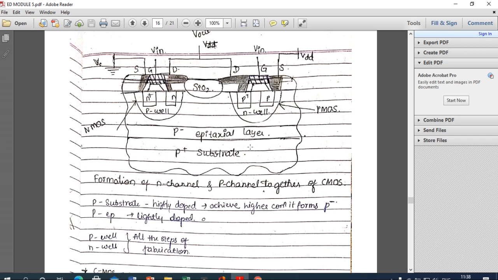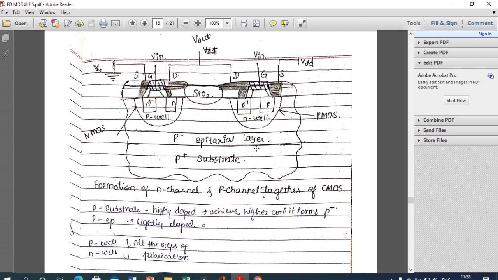This is the normal process to implement a complete CMOS, that is, using NMOS and PMOS on a single silicon chip, and how it is connected using this fabrication.